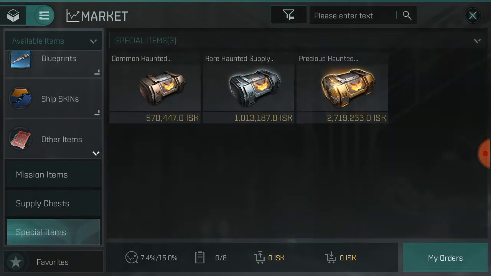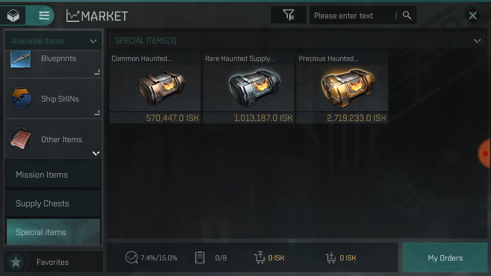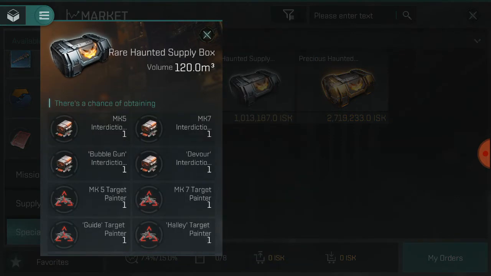Special items. Here we can see them. Right, so this was the first one, Common Haunted Ruins, exactly what I had. Let's look at what's the difference between the common and the rare. Only in terms of gear,